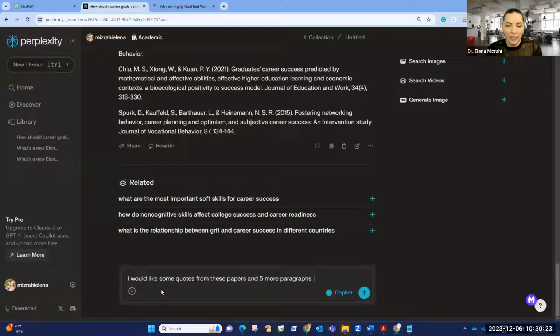Now, I like the idea that it's short, because I was thinking of a module, because I'm a language teacher, an English teacher. I'm thinking of something for my pre-basic level students, like beginner level students, A2, B1 level. So I don't really need a long academic article. So this is why I'm playing with Perplexity. I hope this is not going to become, for some of the researchers, the way to write actual academic writing, because this is not what it's supposed to be doing.